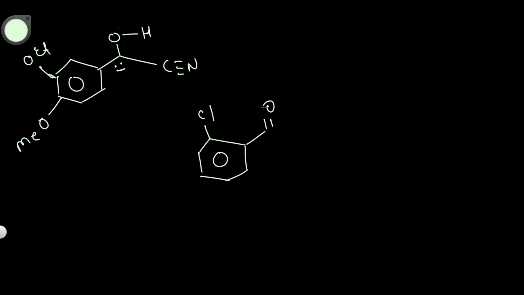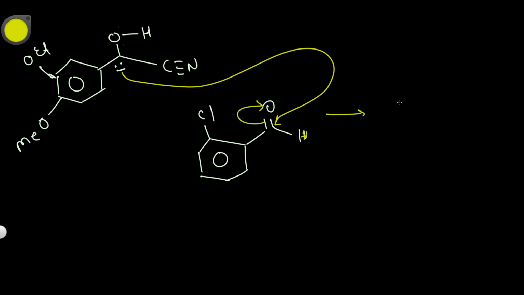This is the molecule, and this carbonyl is the electrophilic center, and that's why this negative charge will attack on this, and this double bond will shift onto the oxygen,